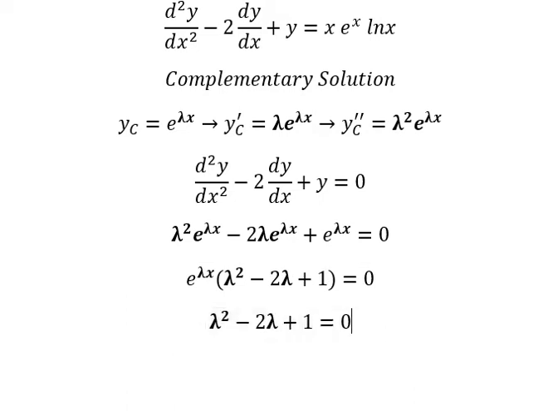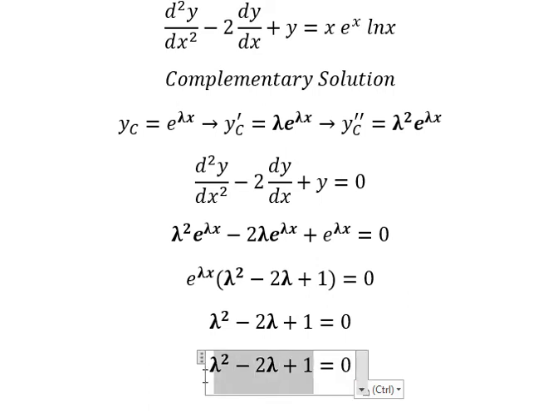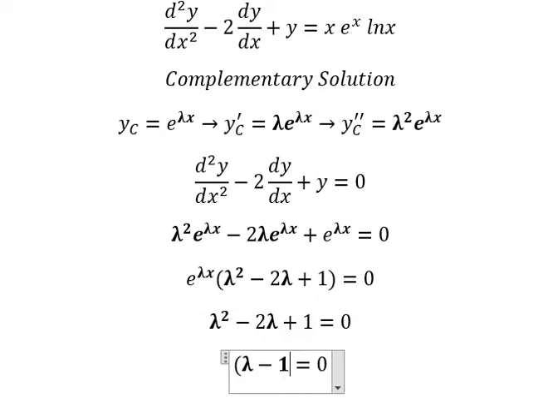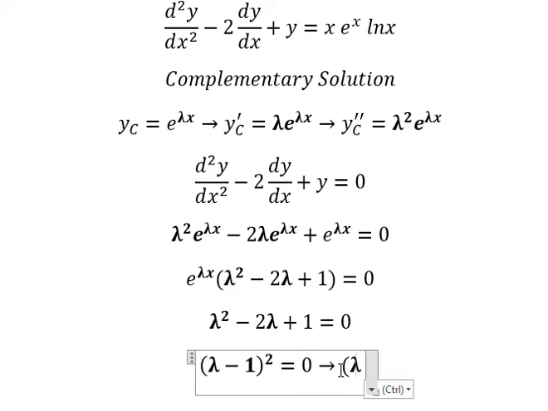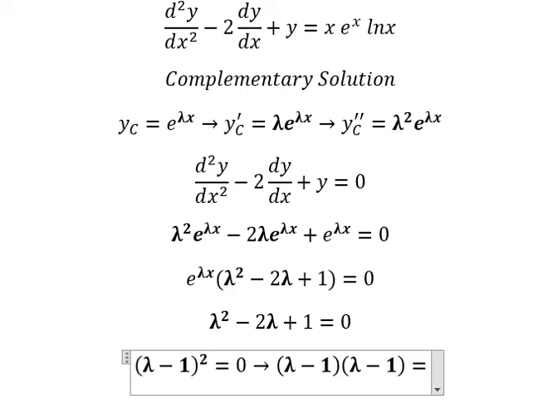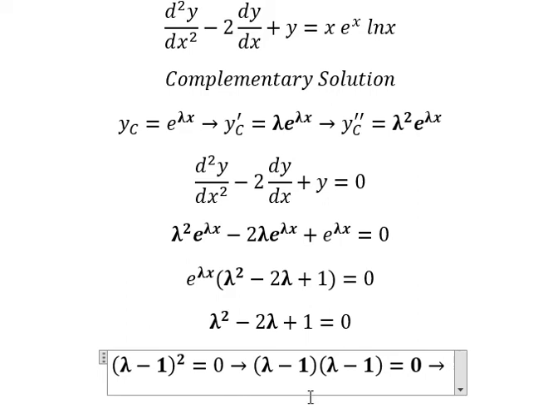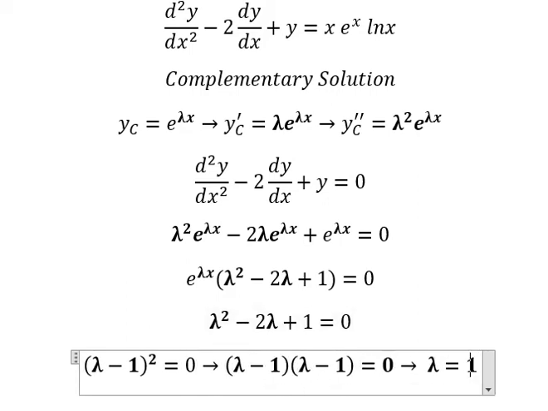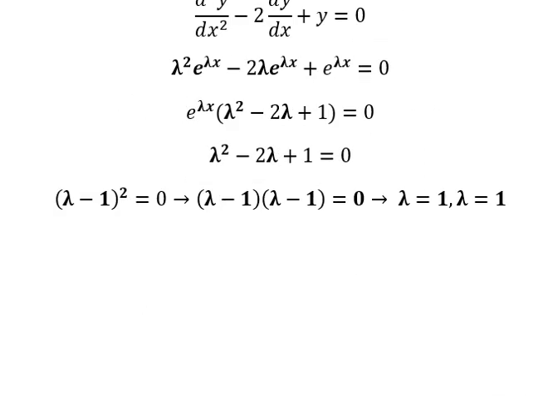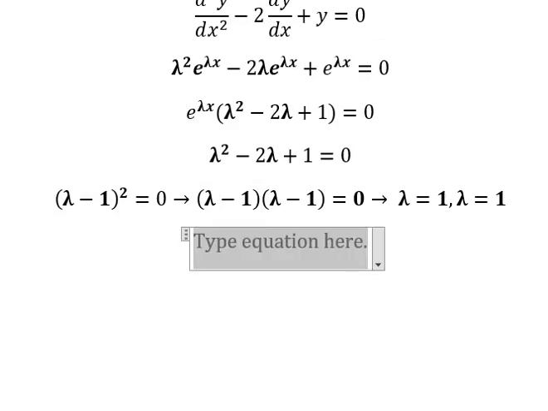and we know that this one is about identities, so we have lambda minus 1 to the power of 2. That means we have lambda minus 1 multiplied by lambda minus 1 equal to 0. So we have two solutions, but we have the same number 1. Now we have yc